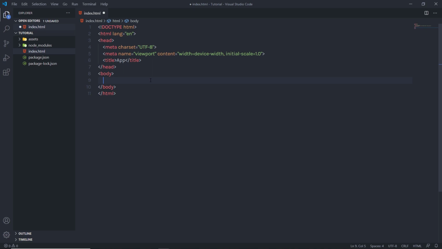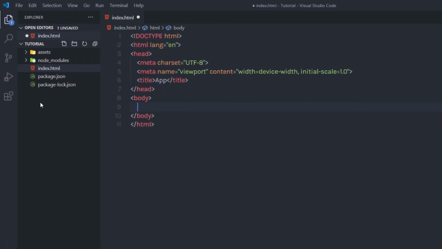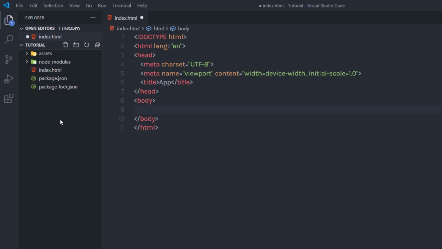Now once you understand how you can install all these libraries inside your project, let me show you how you can link it one by one to your project. So I'm going to first create a new folder inside this project directory. So here I'm going to create a new folder. I'm going to click on the new folder icon and specify the name SASS. And inside this SASS folder, I'm going to create a new file and name this file